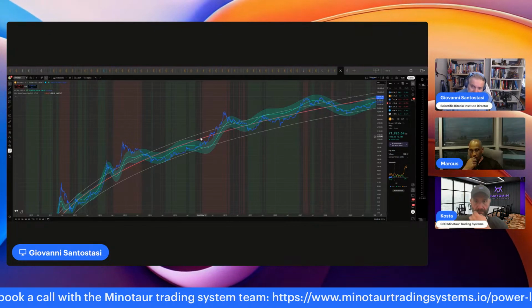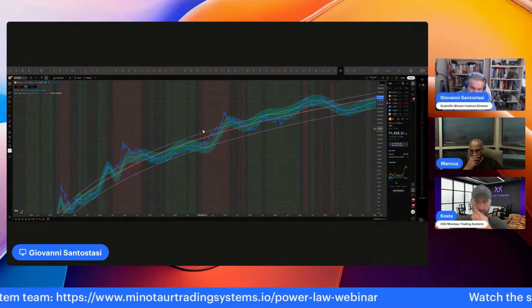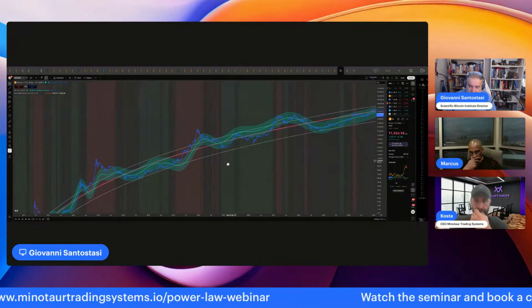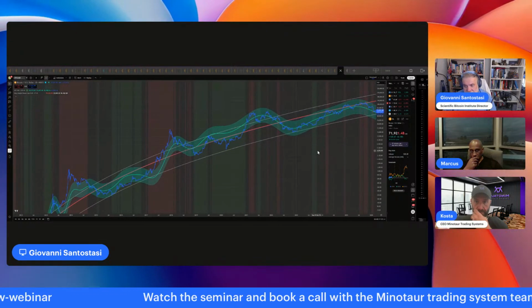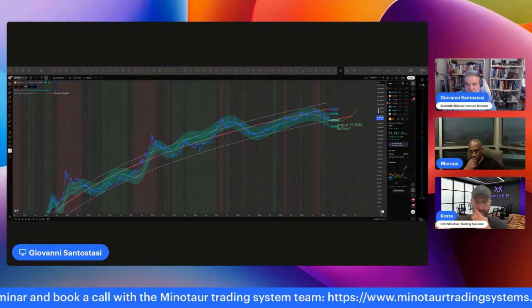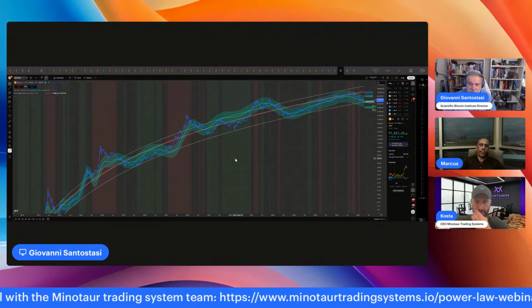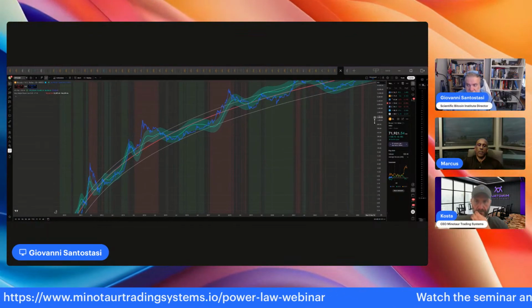I just told you that this lower level is 1 sigma away from the power law. I have here another line up, but it's not a corresponding 1 sigma up. I probably should do that. But anyway, what this band represents is this new model that we are developing. It's something that I started to explore a long time ago, and then I abandoned for some time. And then recently, given